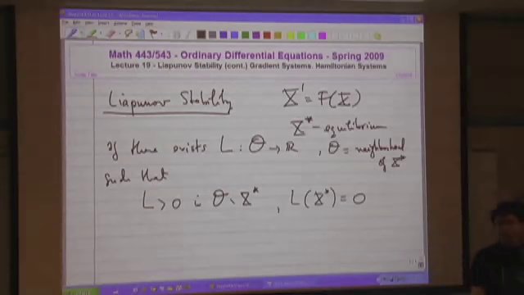So you have a strict minimum, and this is one. And the second one is that this is decreasing along solution curves. So it's the derivative with respect to t of L of